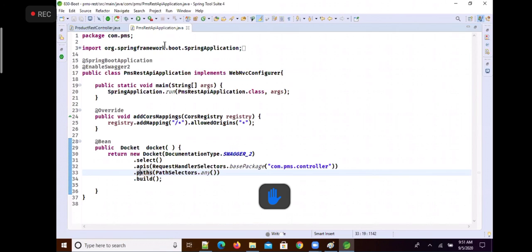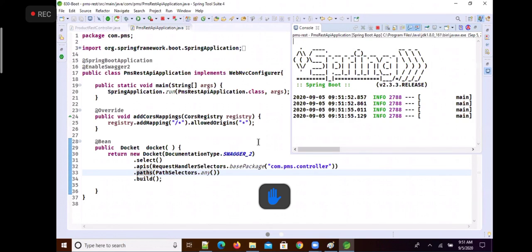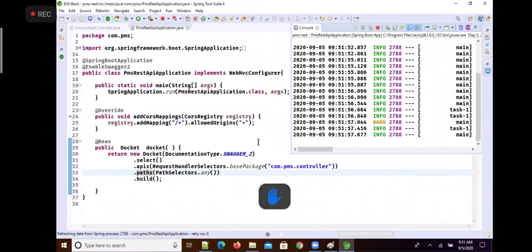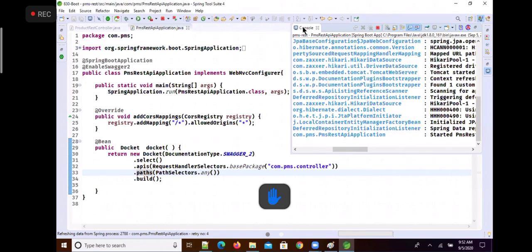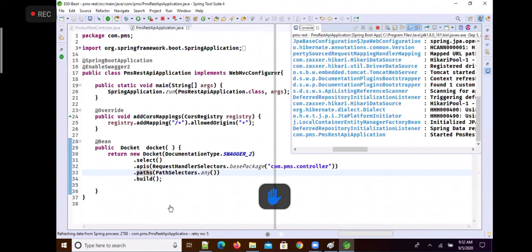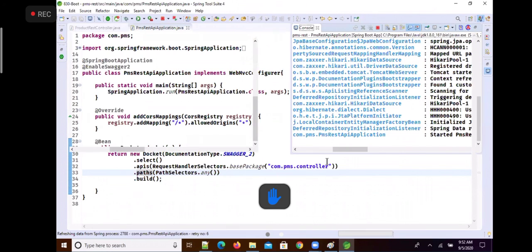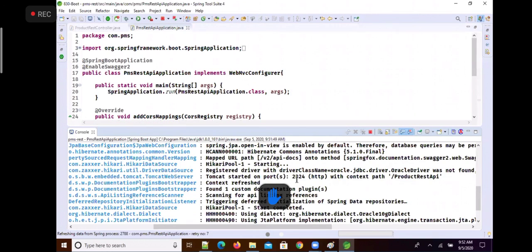Just we'll run this application once. And it's running on the port number 2324, with the context path /product REST API, right?